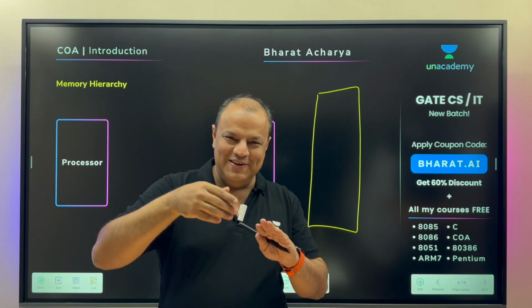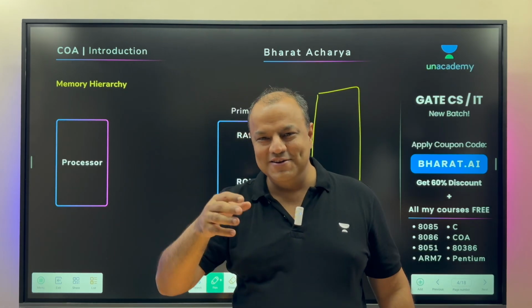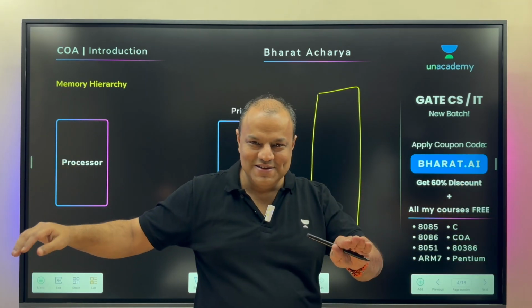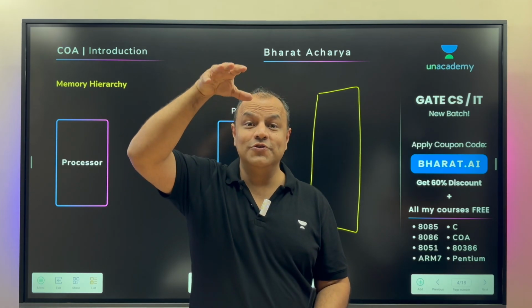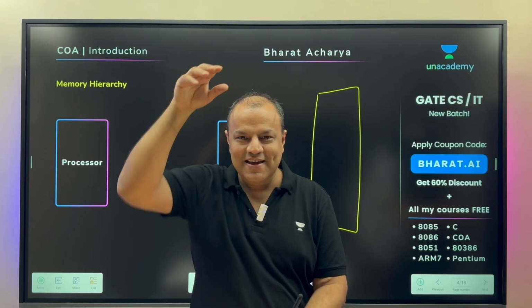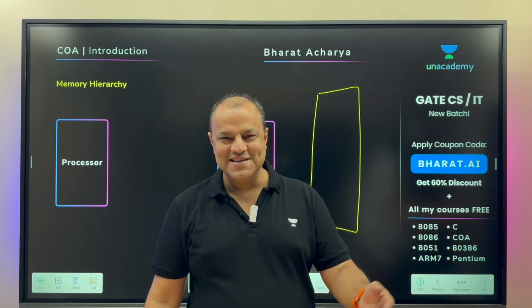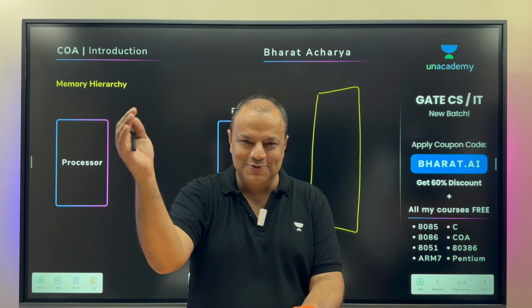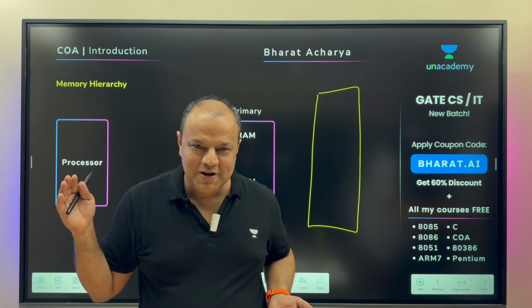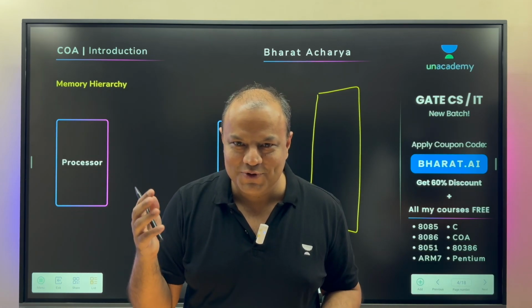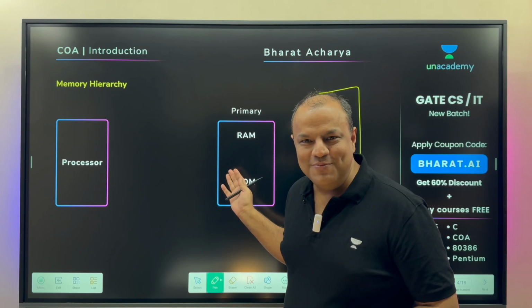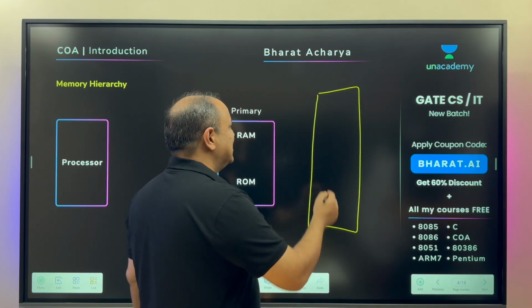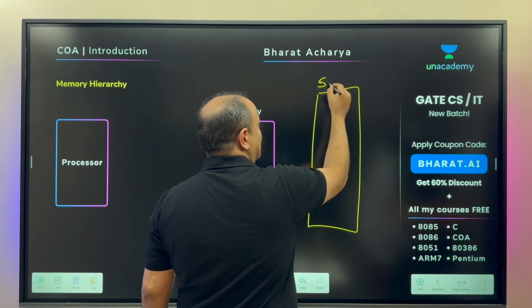A movie. A song is 2, 3, 4 MB. A movie goes into hundreds of MBs, going into GBs again, depending on the length and the quality. So what did you understand? Images, songs, movies require much more space as compared to Word documents and basic numbers. So this is the point. These images, songs, movies, games, this is what you call media. When Steve Jobs and Bill Gates got media and graphics into computers, they realized this basic RAM and ROM is not going to cut it. Now we need massive storage space, and that's the reason why secondary memory was invented.